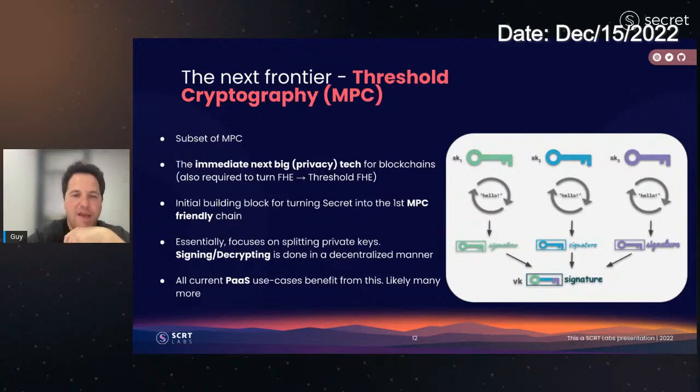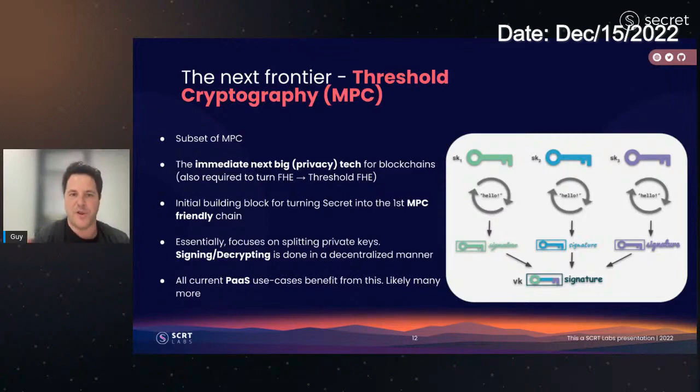Now, threshold cryptography basically does a simple thing. It only focuses on signatures, like signing transactions, and encryption and decryption. And when it comes to encryption, decryption, and signing, the idea is that anyone can verify a signature, that's still public. Everyone can encrypt data, that's still public. But the private key itself, the decryption that uses the private key, or the signing that uses the private key, that's done in a distributed manner.